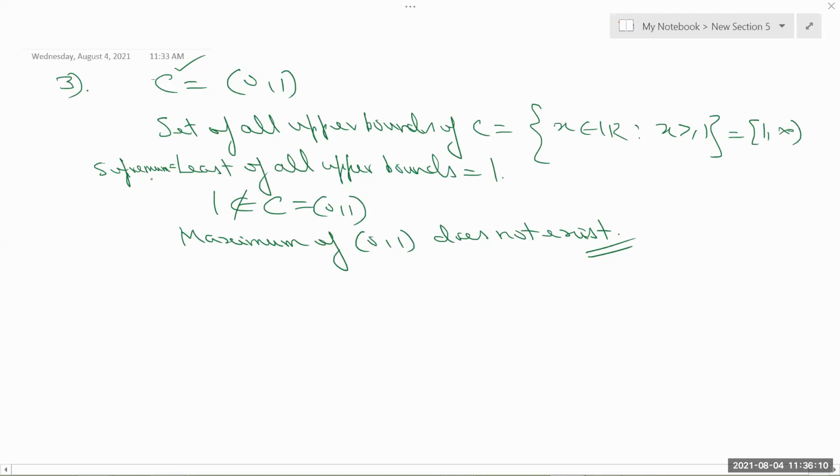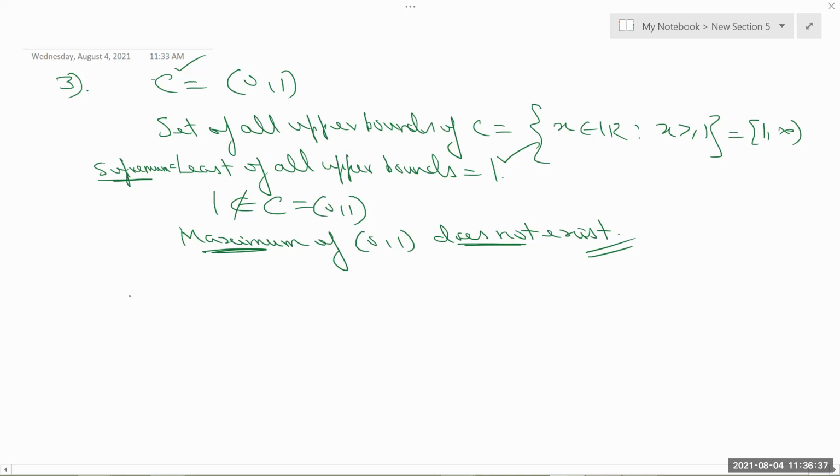देखो सुप्रीमम तो मिल गया, सुप्रीमम कितना हुआ 1, बट मैक्सिमम क्या कहोगे आप, डज नॉट एग्जिस्ट। डिफरेंस समझ में आया? देखो ये सब छोटे छोटे डिफरेंसेस हैं, अगर आप इन सबको नहीं समझोगे तो आपको फिर रियल एनालिसिस में इंटरेस्ट नहीं मिलेगा। पहले कुछ एग्जांपल से आप इन चीजों को समझने की कोशिश करो, एक बार आपको समझ में आ जाएगा, फिर आपको प्रूफ बहुत आसान होने लगेगा, क्योंकि यही बार बार डेफिनेशन यूज होते हैं, और इनमें अगर आपको थोड़ा सा भी डाउट होगा तो फिर वो प्रॉब्लम होगी।